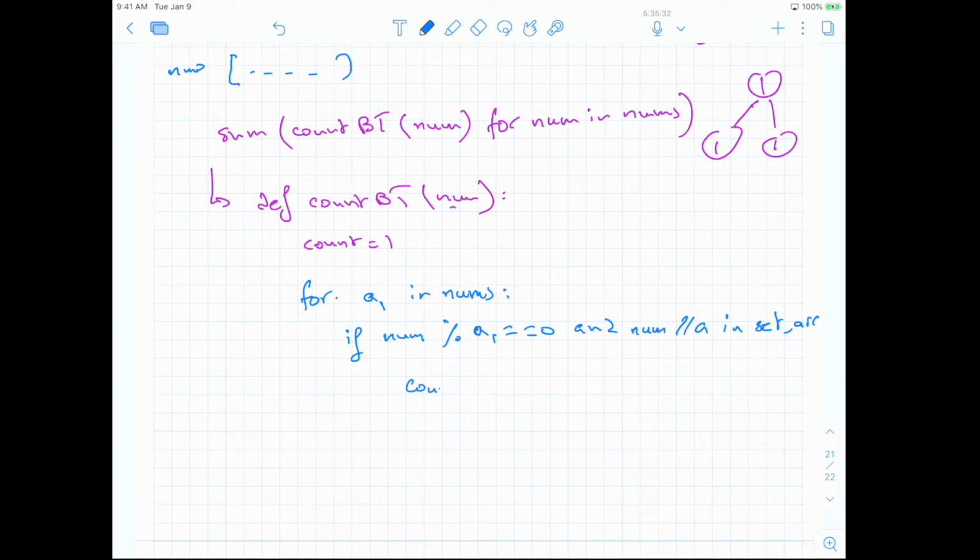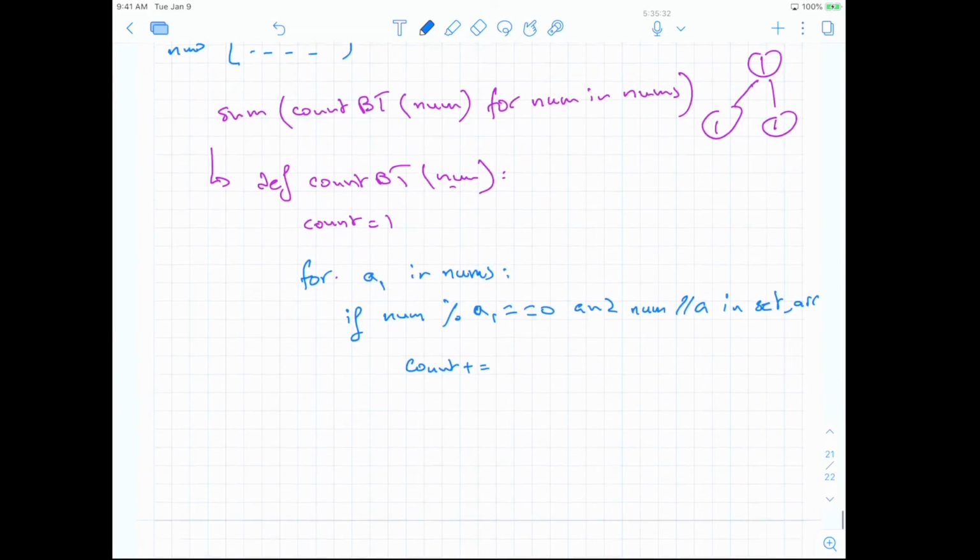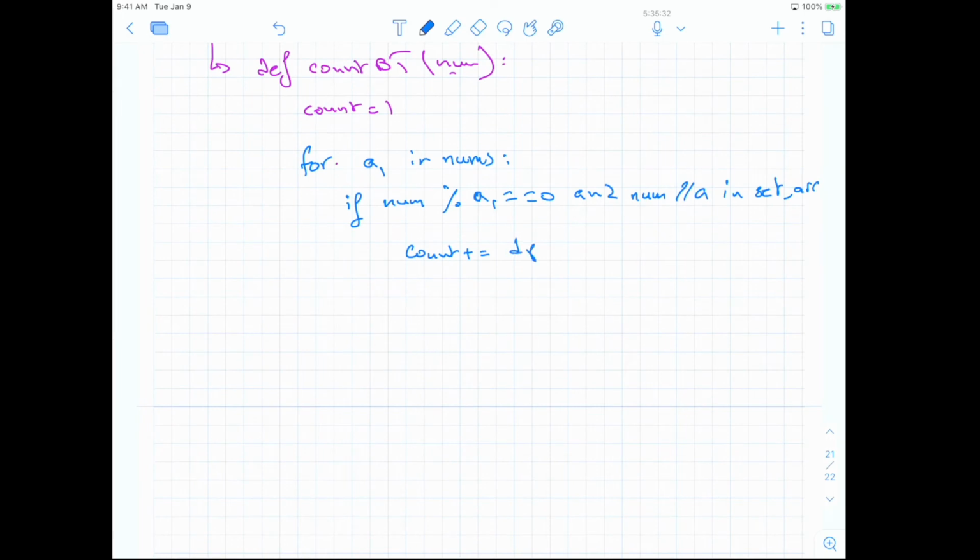So if we have this, that means we do have 2 elements where the product is num. At this point, we can count the left and the right children, right? So what we said here is that we need to recurse to add 4 and 3. And so we can do here count BT of a1, and count BT of this one, the two elements whose product is